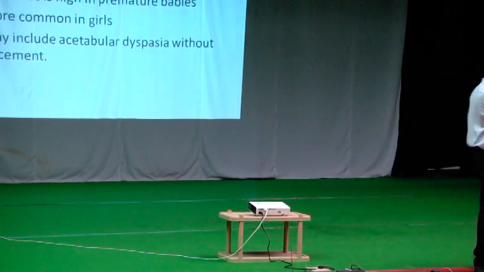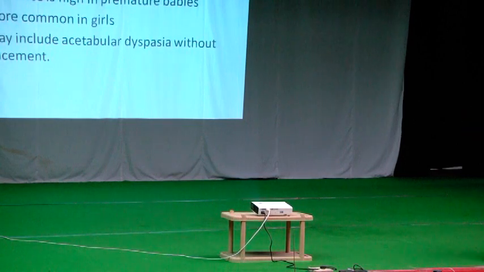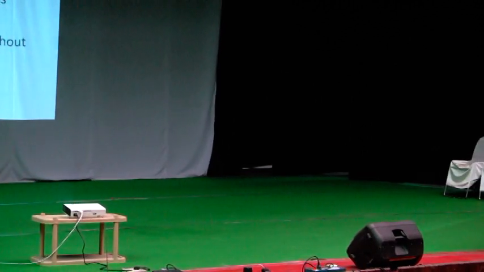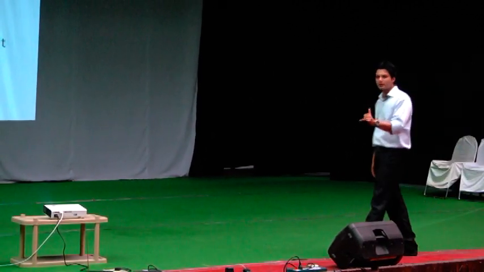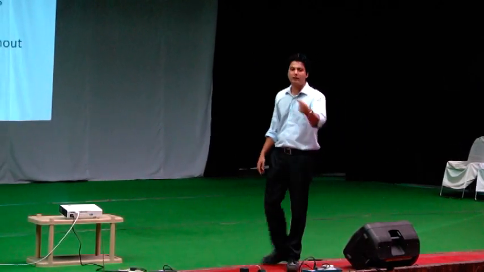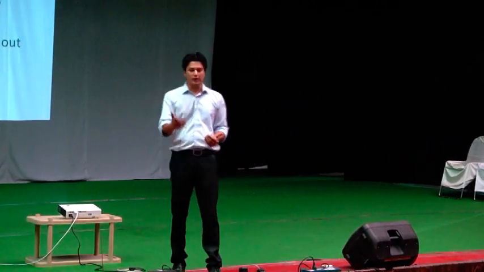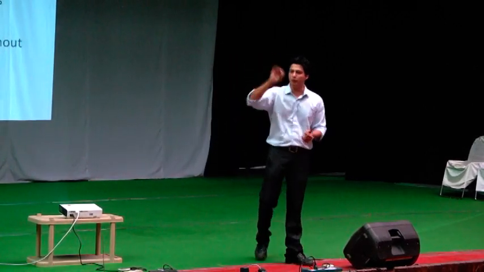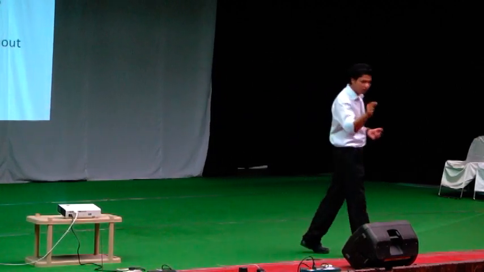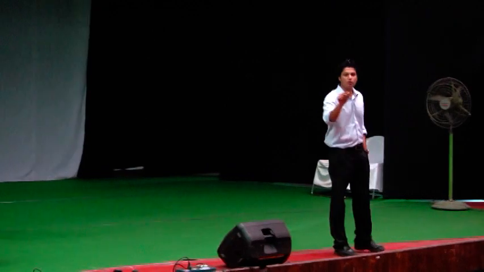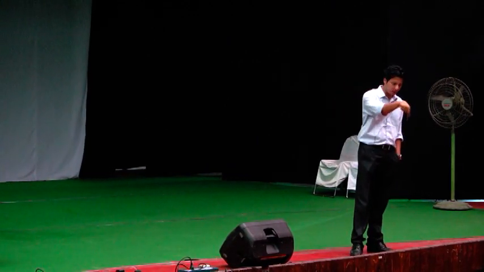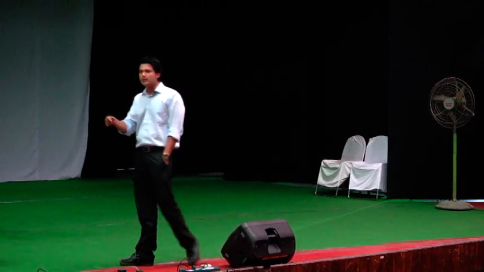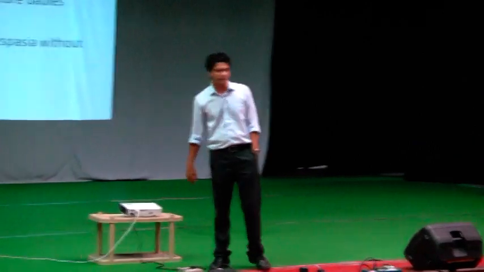And if it is less than -2.5, that means osteoporosis. Suppose because of the osteoporosis the patient is having a pathological fracture, then it becomes severe osteoporosis. So these are the definitions. You cannot define osteoporosis by writing an essay on weakening of the bone. The definition of osteoporosis is a T-score of less than -2.5. This is the WHO definition, based on dual energy X-ray absorptiometry, the DEXA scan.